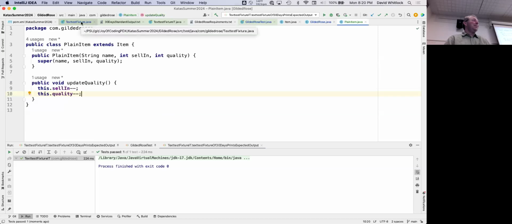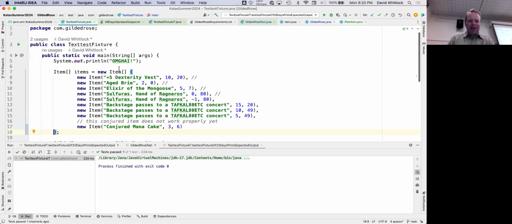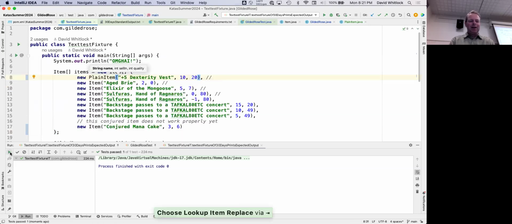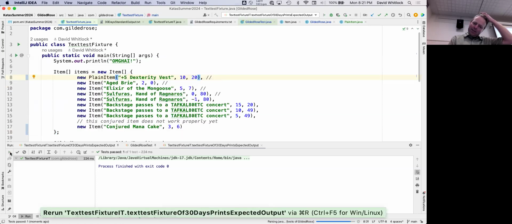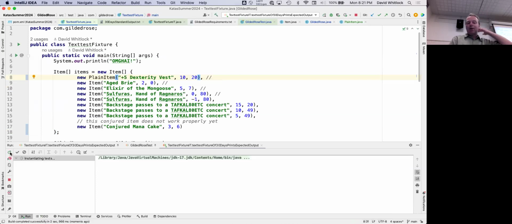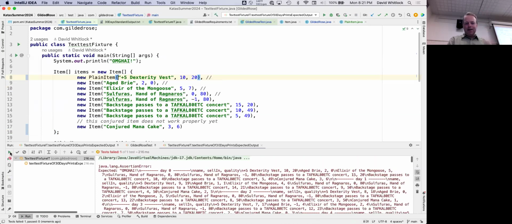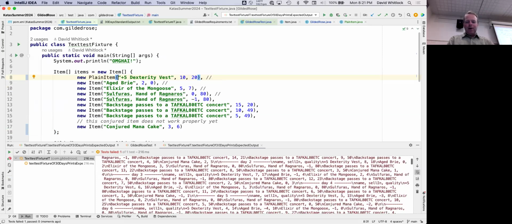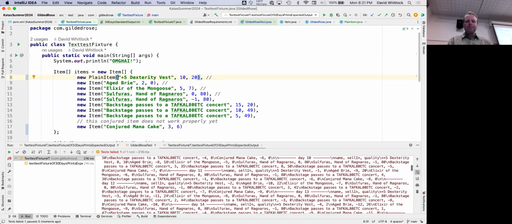And this happens too, sometimes where I got confused. Oh, no, because, okay, right, this passes now because it wasn't a plain item. Now when I change it to be a plain item, it fails at some point. Oh, I bet it's failing later on because it doesn't bottom out at 0.